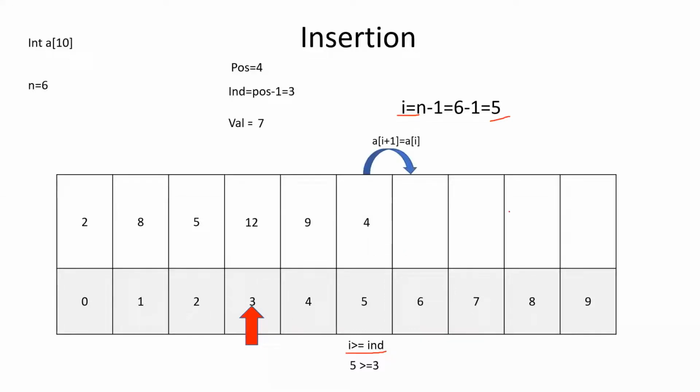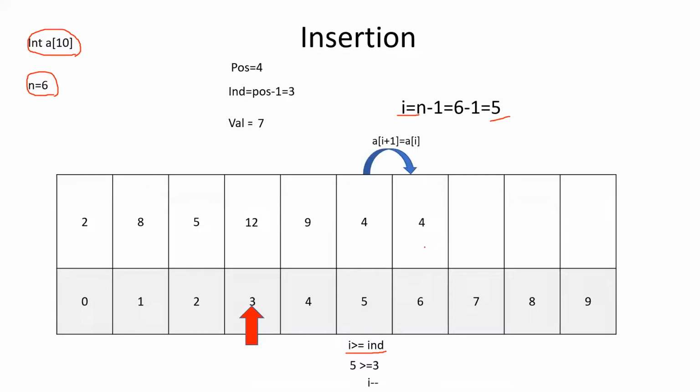Here we have all empty positions, right? Even the reserved positions are there, each having 2 bytes. We had informed the compiler that we may use 10 spaces and we are using only 6. The remaining places are empty. Now when we are inserting a new number, we are planning to shift this 4 to the new location, right? So if this condition is satisfied, we are copying the number 4 to the next position, right?